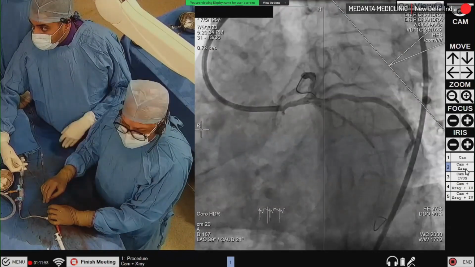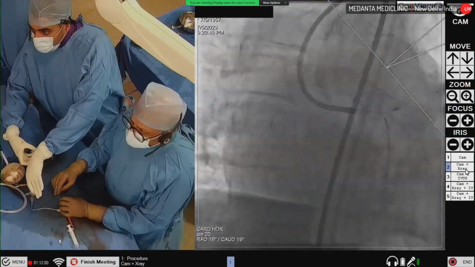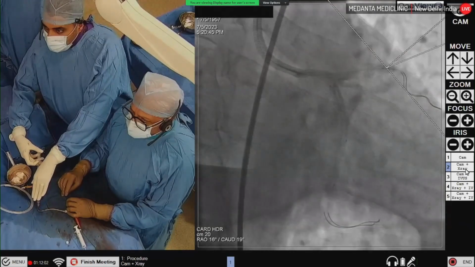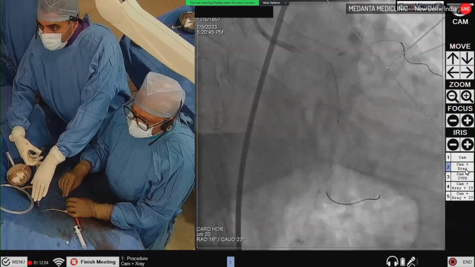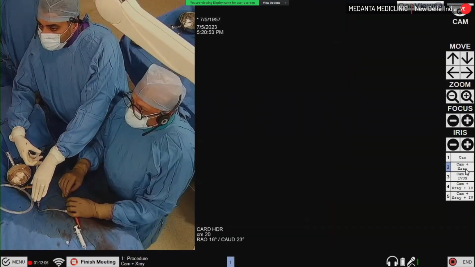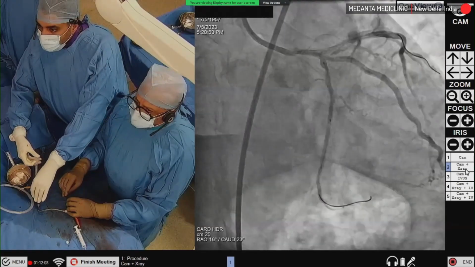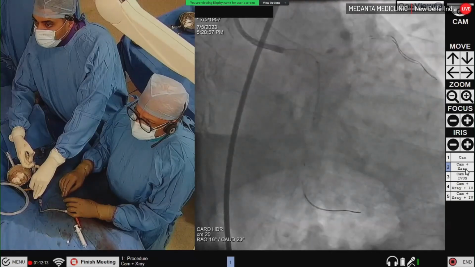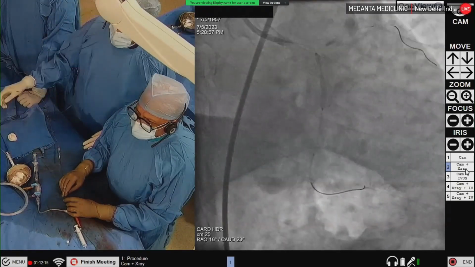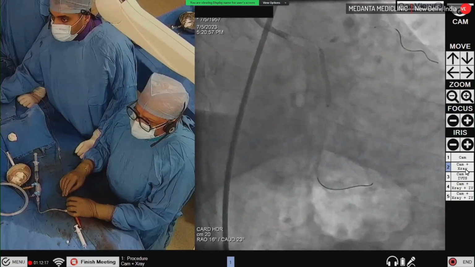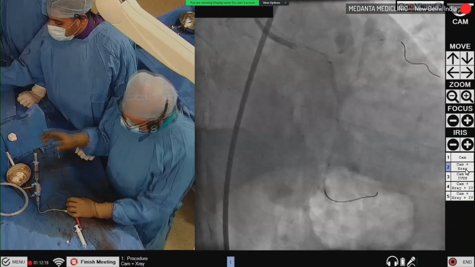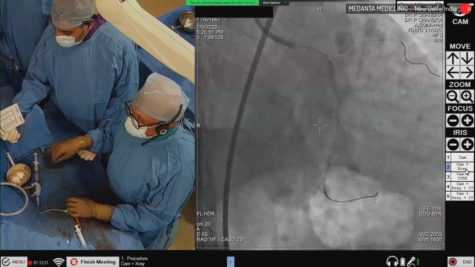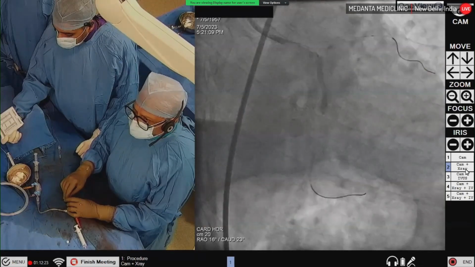Center. You can go a little bit further down. Okay, check. I think we are okay. Yes. Go up. 1, 2, 3, 4, 5, 6, 7, 8, 9. Okay. Distally, we cannot go any further. Yes. So for 30 seconds,